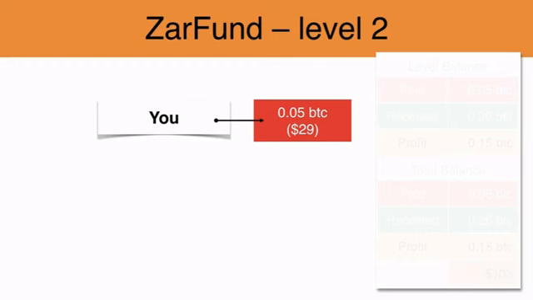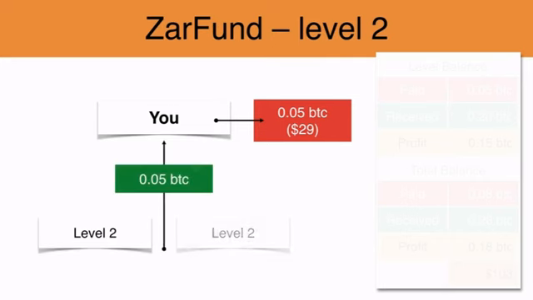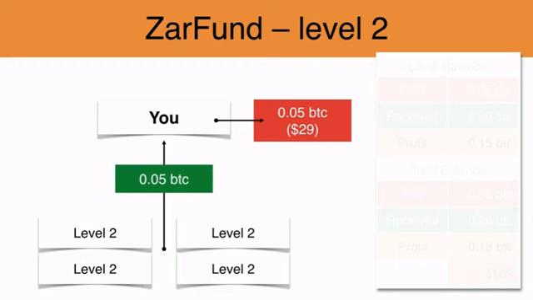Now you'll move to level 2, and to qualify to receive 0.5 BTC on your level 2, you'll have to invest 0.05 as well. Your level on this level is going to be 4. You'll have 4 people that fill up your second level. Each one will give you 0.05, which will come directly up to you. But to get started,